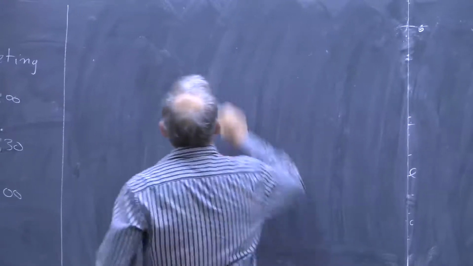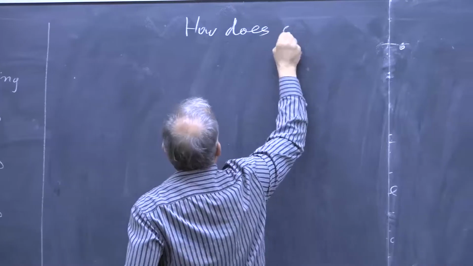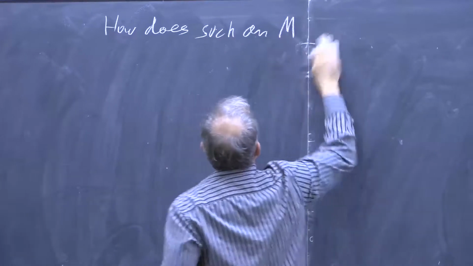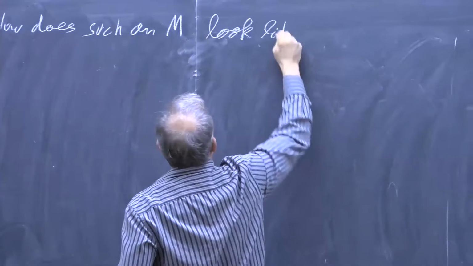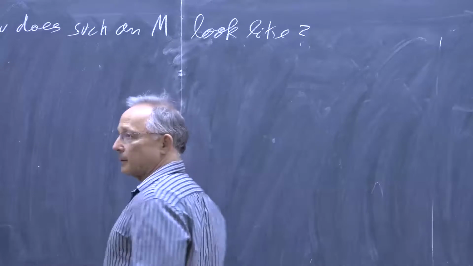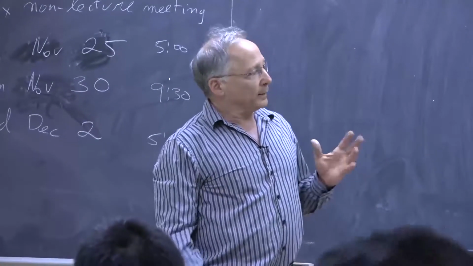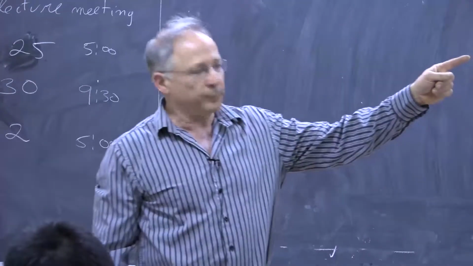So, how does such an M look like? So what do we know about it? So you see, we can know a lot about it because we know it satisfies every statement that is true